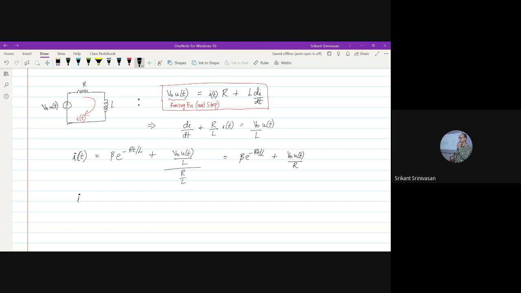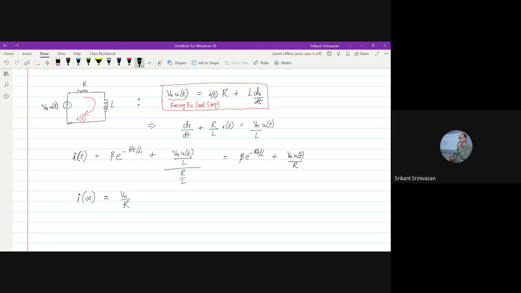So if I were to take I at time t equal to infinity, that makes my life easy. I can say what is the value of I of infinity is equal to what? If I put t equal to infinity, this whole term vanishes, because exponential of minus infinity is 0. I am left with only this term, and that is equal to V naught divided by R.